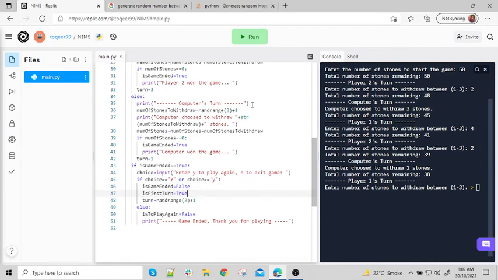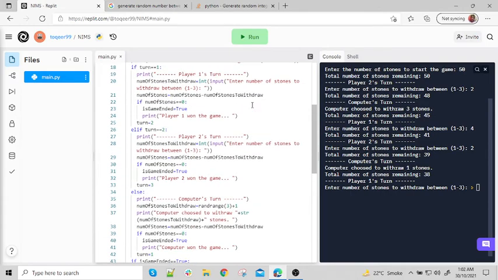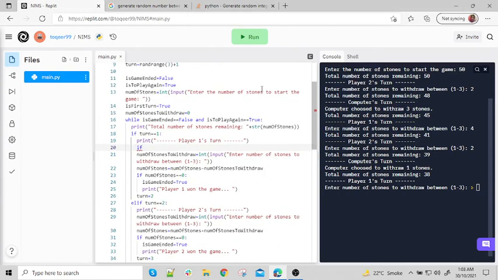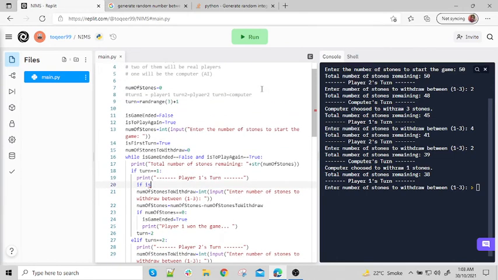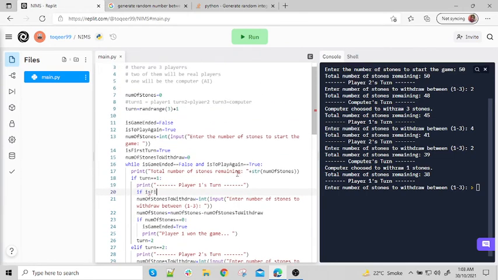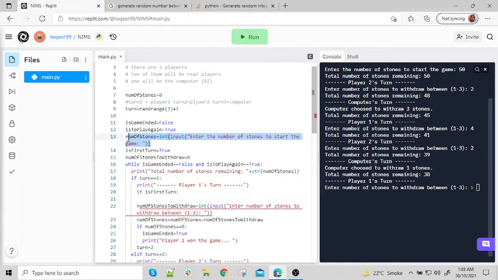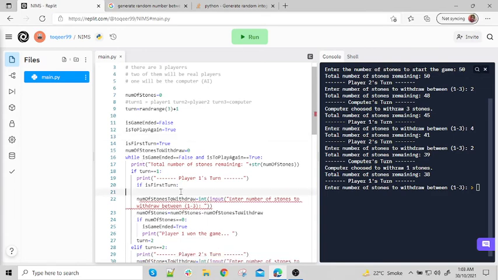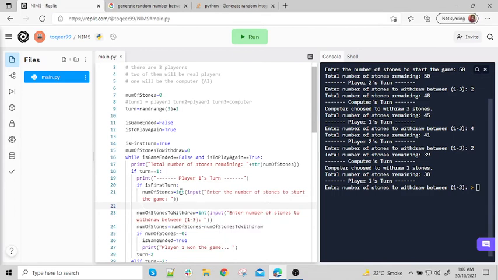Like we do in every player's turn: if it's player 1's turn, player 2's turn, or player 3's turn, we check if it is the first turn, then we ask the player to enter the number of stones, and meanwhile I will set is_first_turn to false, so we don't do it again.